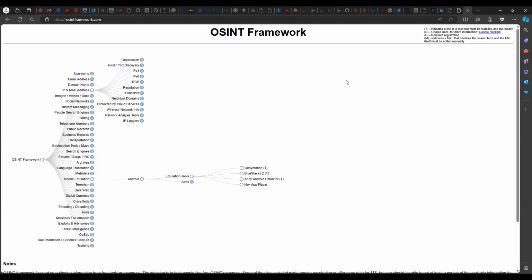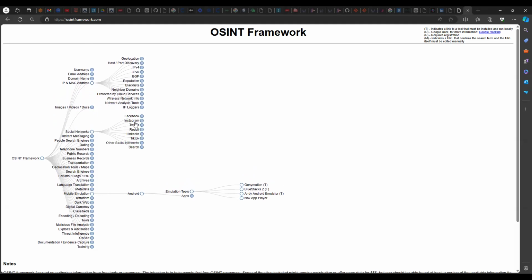or I can even go as far as trying to figure out who is the person that actually owns that account, maybe try to find a full name for that person, trying to do some username enumeration might be quite helpful. So using this kind of technique can be very useful as well. There are even some particular sections for social networks. So if you want to check such a username across Facebook or across Instagram, you can check this link out to do all that.